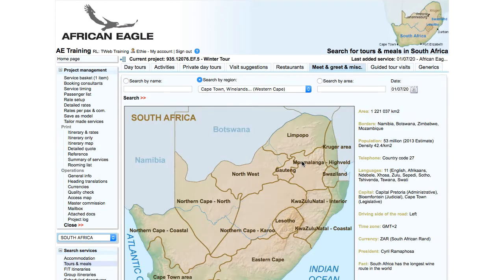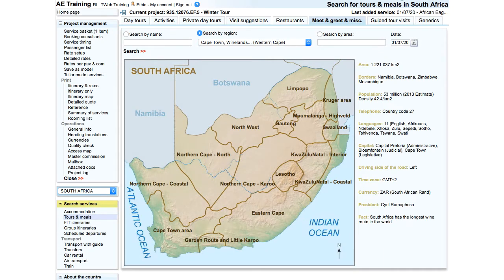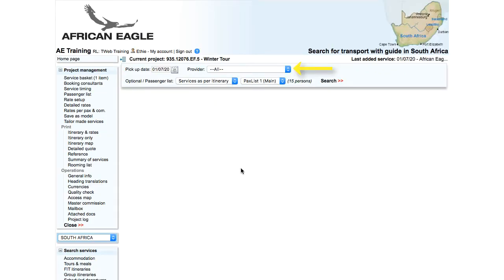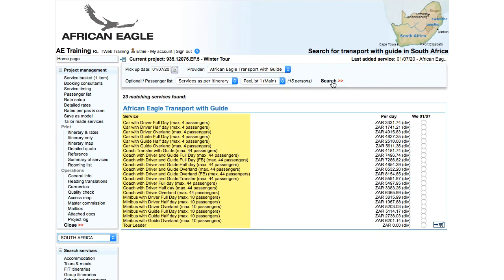The next service to add is Transport with Guide. Under Search Services, Transport, click on Transport with Guide. Select the provider, for example, African Eagle Transport with Guide, and search. The services available are displayed in alphabetical order with rates given per day. Find the service you need, depending on the requirements in terms of type of vehicle, driver and guide setup, and